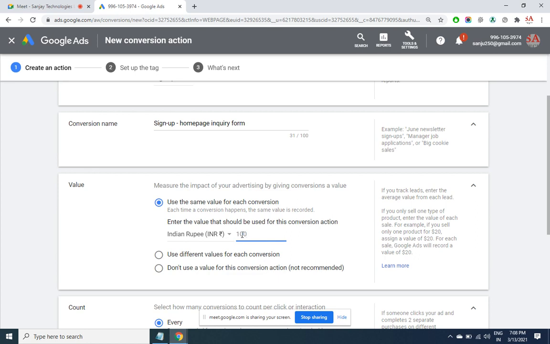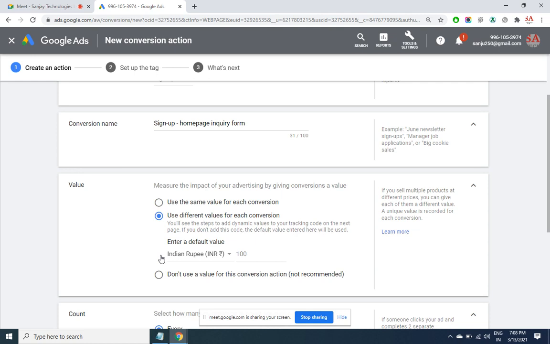But if you have a different value, that means for one conversion it is 100, but for two conversions it is, let's say, 180. For three conversions it is, say, 250. Then you may choose this option. Now here, if you are choosing this option, you will see the steps to add dynamic values to your tracking code on the next page.